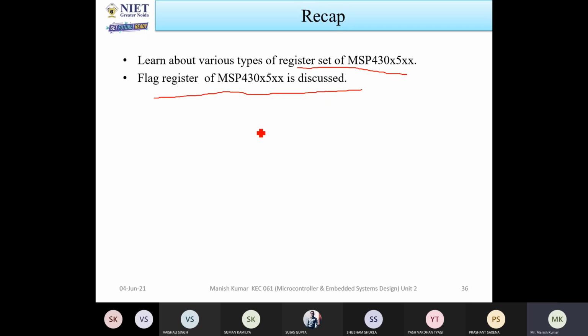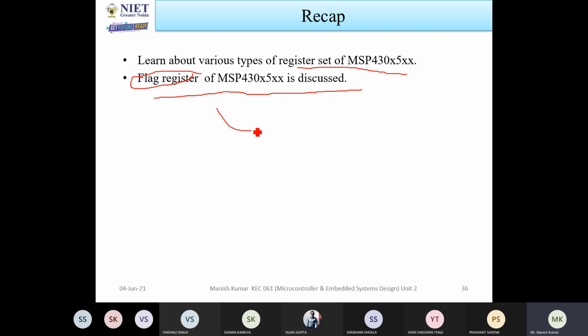And also we talked about how there are a total of 16 registers available. Of those registers, 4 are used for dedicated purposes, and the rest are used for data and programs. They are available for the users. I also discussed the status registers, which are also called flag registers.